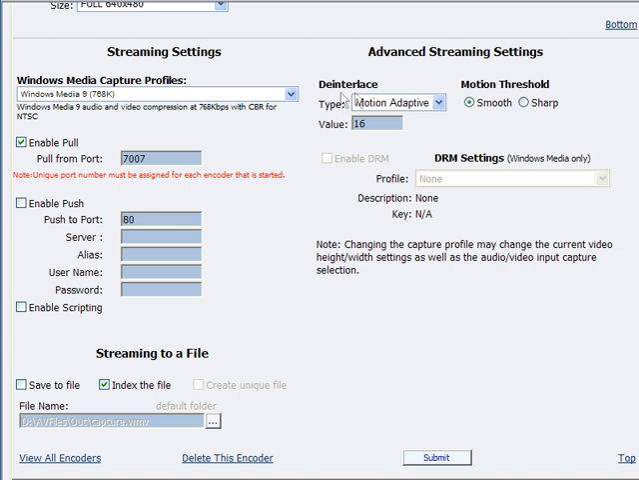Since I'm shooting in interlace mode, I have to deinterlace my footage. I'll use Motion Adaptive and accept the default settings of Smooth with a value of 16. If you had previously configured any digital rights management profiles, you could choose them here, but DRM isn't necessary for this event. Here's where I can choose to let a Windows Media Server pull the video stream from the Niagara